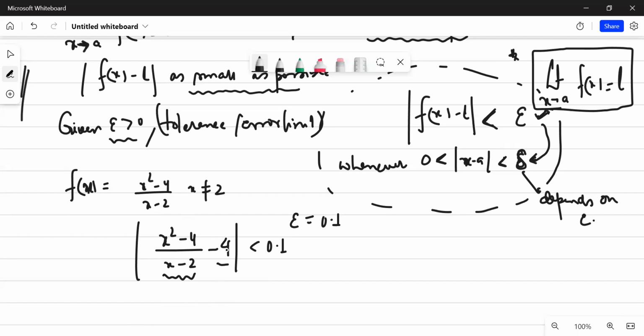तुमने मुझे कहा इस फंक्शन का लिमिट 4 है एज एक्स टेंड्स टू 2। तो तुमने कहा f(x) माइनस 4 का डिस्टेंस क्या 0.1 से छोटा हो सकता है? So, अभी एप्सिलॉन की जगह क्या है बेटा? 0.1। इज दैट क्लियर? Yes, sir. और x 2 के बराबर नहीं है तो नाउ यू कैन कैंसिल इट ऑफ एंड इट विल बी x प्लस 2। इज दैट क्लियर? अगर x 2 के बराबर नहीं होता, देन x प्लस 2, मतलब x माइनस 2 का मॉड किससे छोटा हो जाए? 0.1 से।